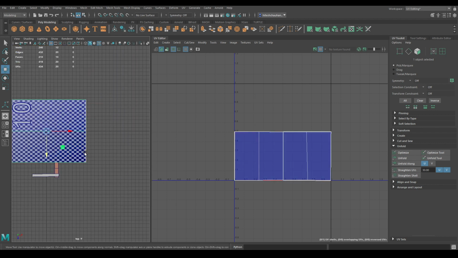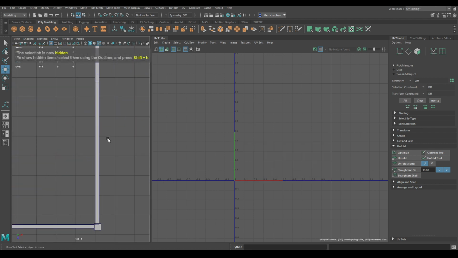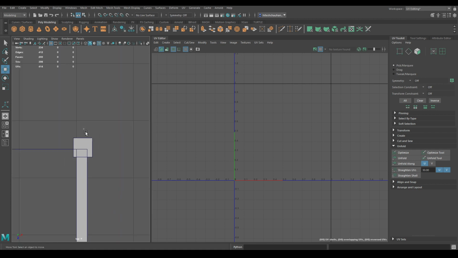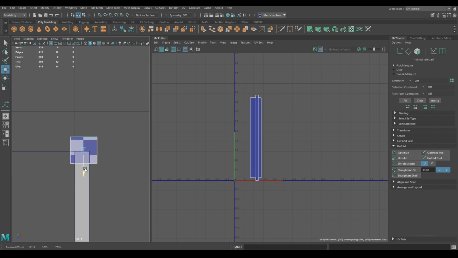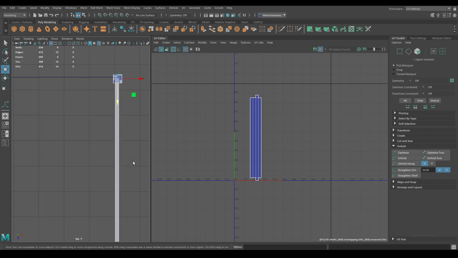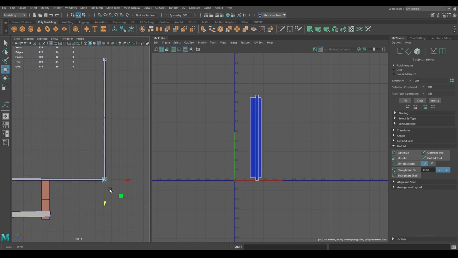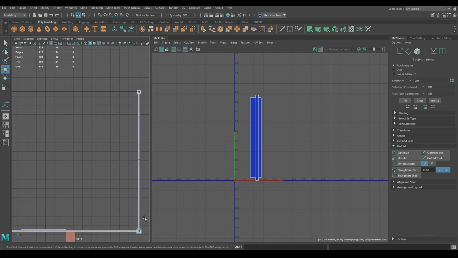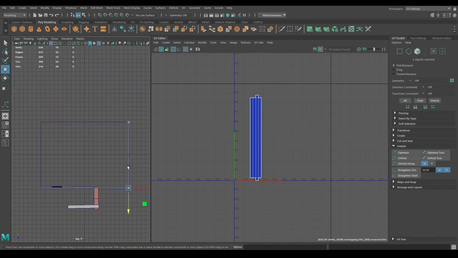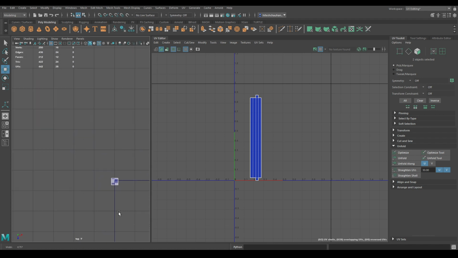Go to top view, hide the roof for a minute and now place it where it was before. Now select these two, duplicate again and place these two on this corner.